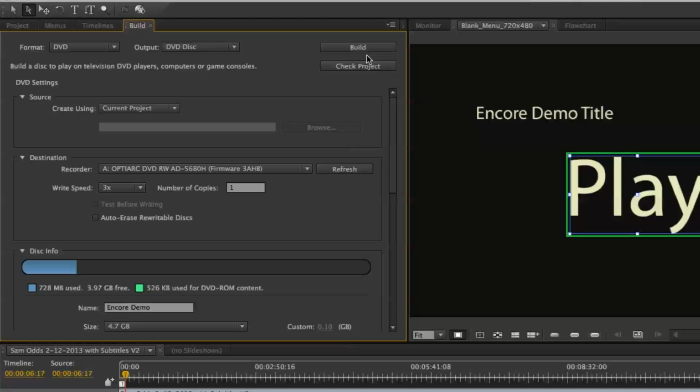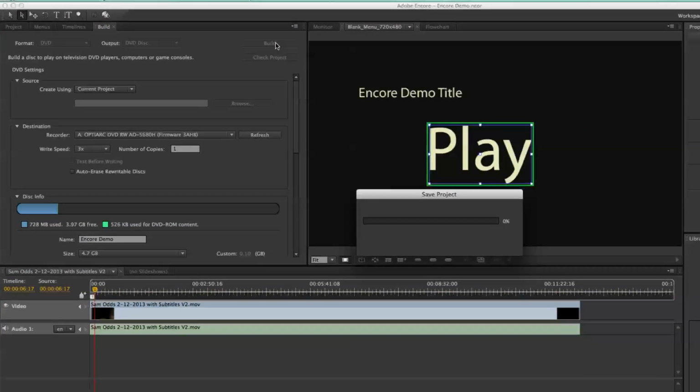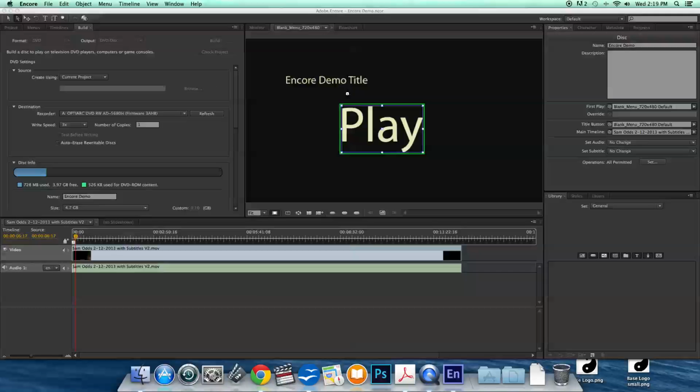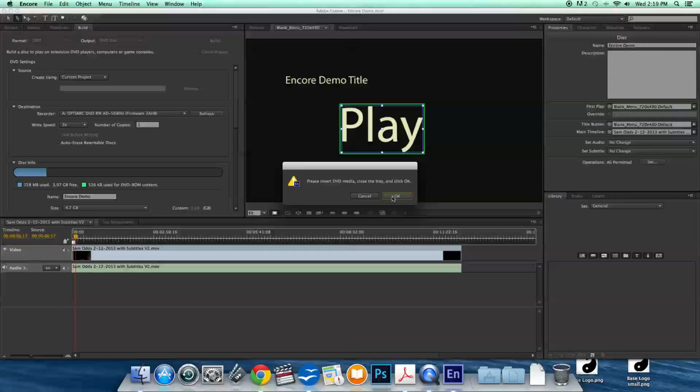So once you've done that, then you can hit build, and it's going to save the project, and then it's going to ask for a disk, which I have. Okay. Once it asks for a disk, you insert a DVD, and then hit OK, and then it'll detect that it has a blank DVD, and then it will transcode your video, which takes some time, so be sure you allot time for this, and then it will burn